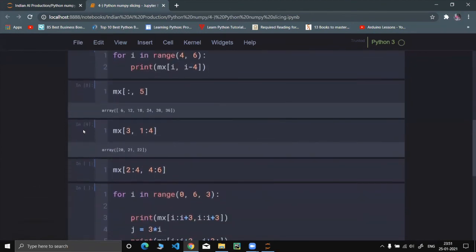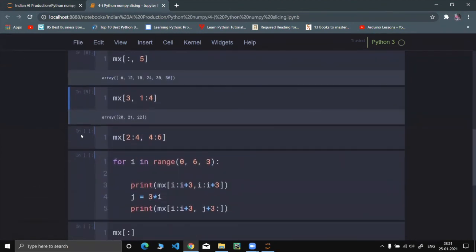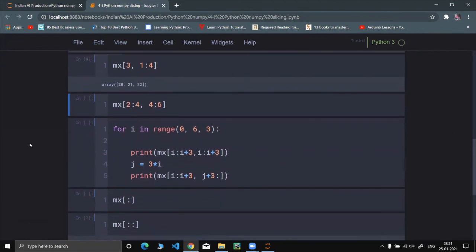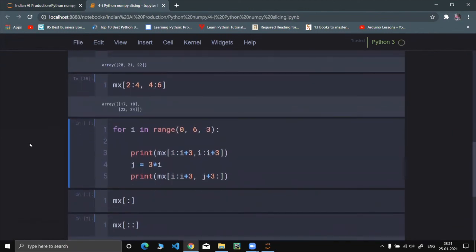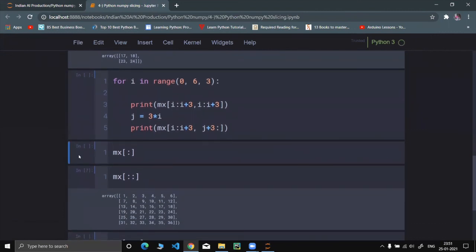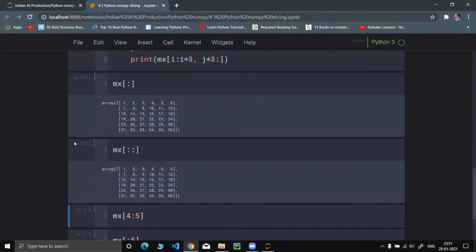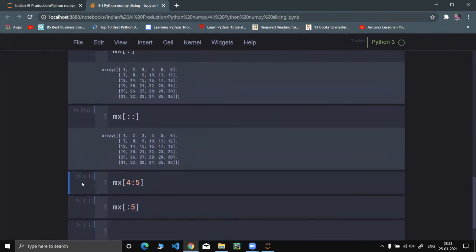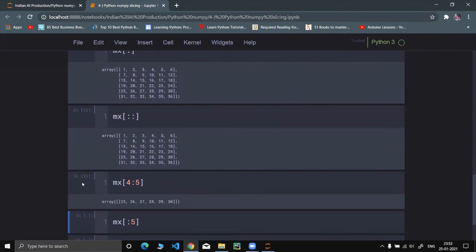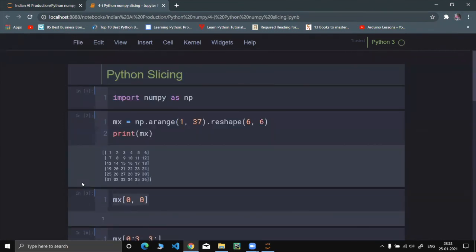Similarly, over here, the second and third rows would be printed, and columns 4 to 6. And if we put a colon, the whole array is printed. 25, 26, 27, 28, 29, 30.